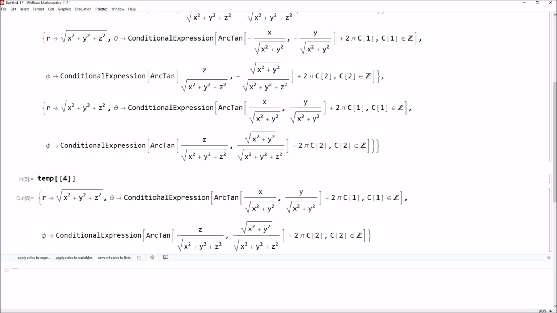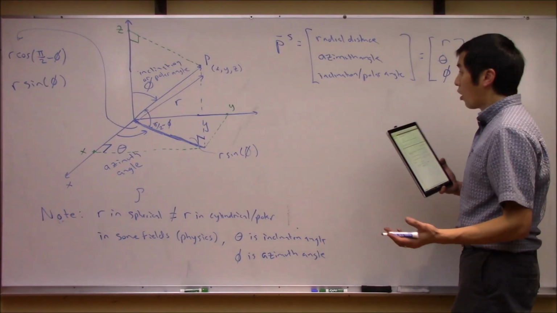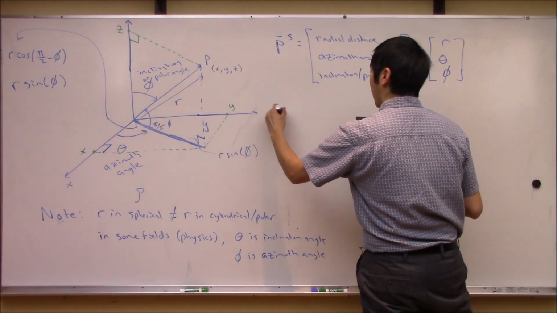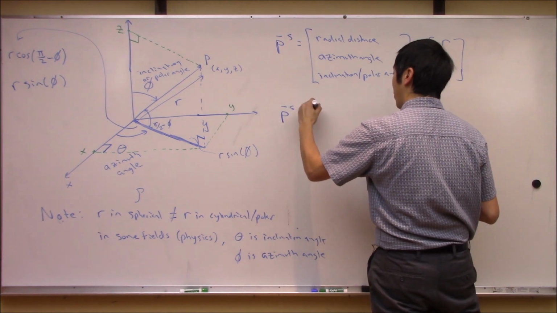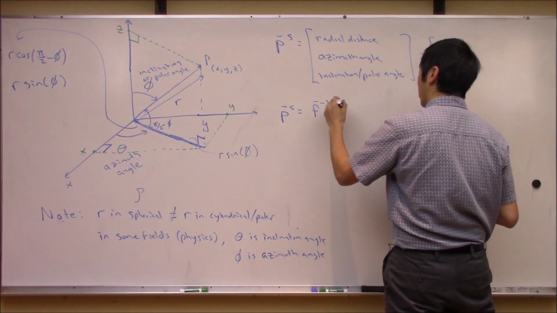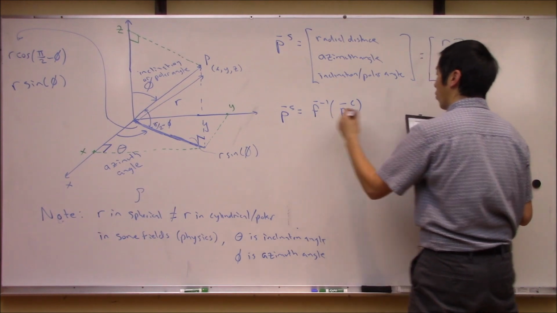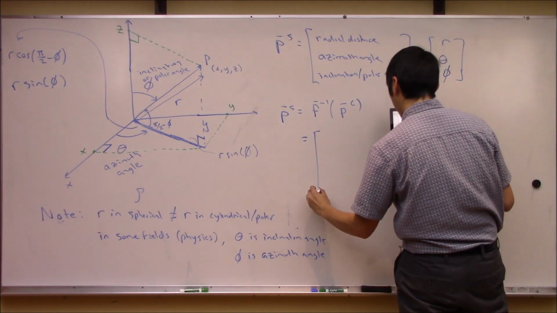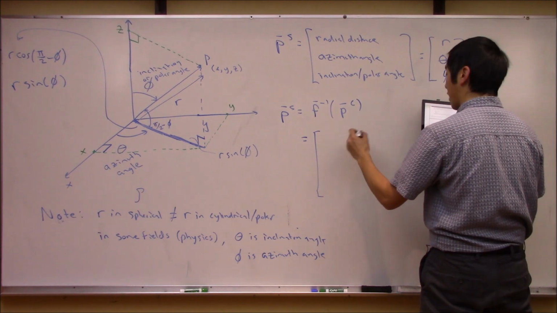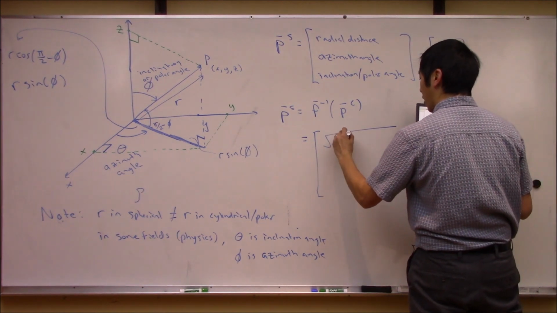So when we go back over to the board and write this up, we're just going to have to be cognizant of translating what Mathematica gave us into how we might want to write it on the board, where traditionally we pass in the y as the first argument and the x as the second argument. So tell you what, let's jump over to the board and summarize and write down this inverse transformation. All right, so what we obtained here was that the inverse transformation that will basically take us from a set of Cartesian coordinates to spherical coordinates was this. Let's write this down first in Mathematica speak exactly. So Mathematica told us it was basically